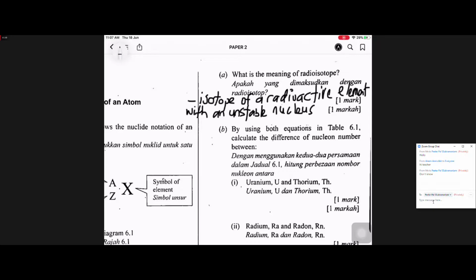You can continue: which undergoes nucleus decay to form a stable nucleus by emitting radiation. You can keep on going also. But normally when they ask what is a radioisotope, you just tell isotope of a radioactive element with an unstable nucleus. You can continue and tell which undergoes nucleus decay to form a stable nucleus by